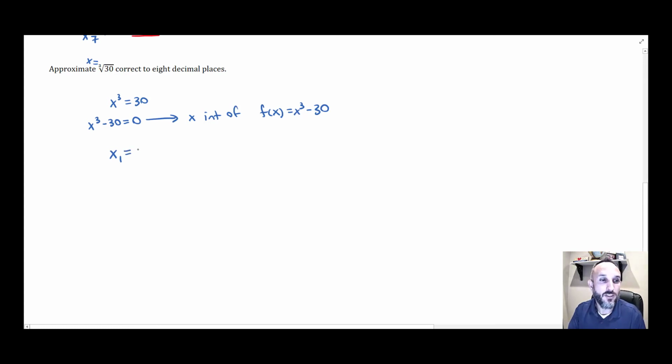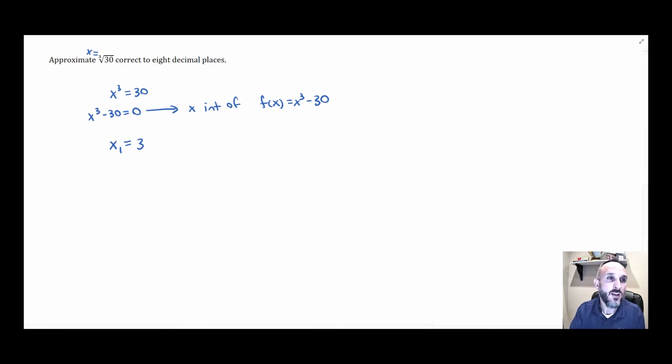Well, we might say 3 is a good approximation because 3 is the cube root of 27, which is close to the cube root of 30. So that might be a good initial approximation. So we've got that. Now, if we want to use our formula, x sub n plus 1 equals x sub n minus f of x sub n